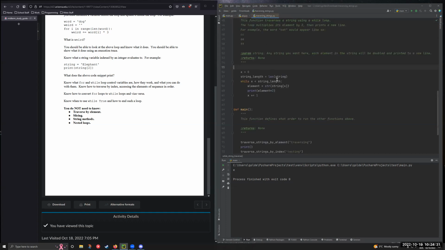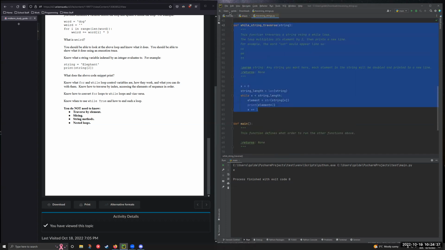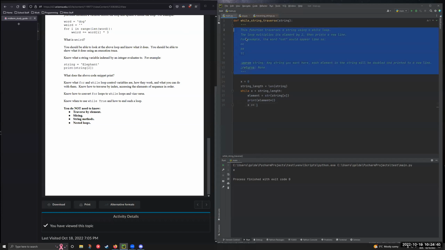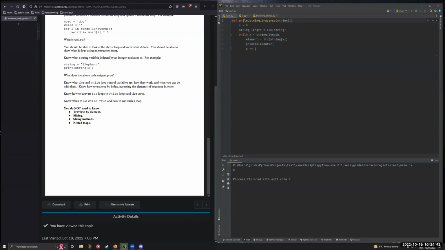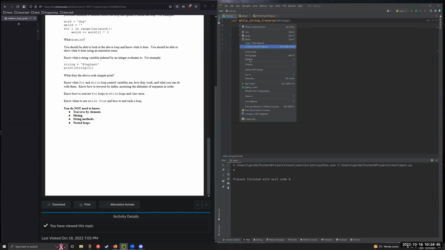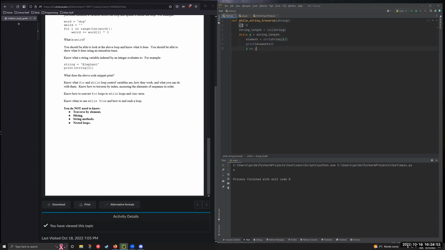So actually, I'm not even going to create a new loop. Let's just copy this and get rid of our doc strings, because it's kind of unnecessary for this right now. So let's just refactor that into an I. Okay. So basically, instead of using, when you're using a while true loop, what you're going to do is